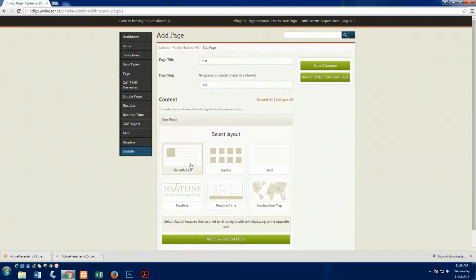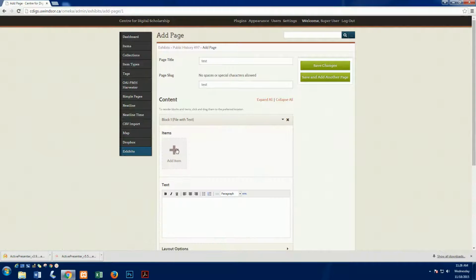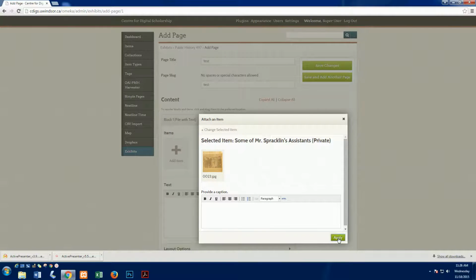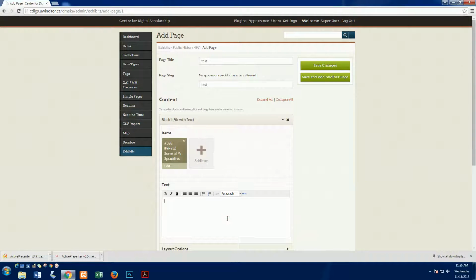So I'm just going to choose this one for now, and I'm going to add new content block. So select what you want, and then add new content block. And again, the process is the same. You can add items